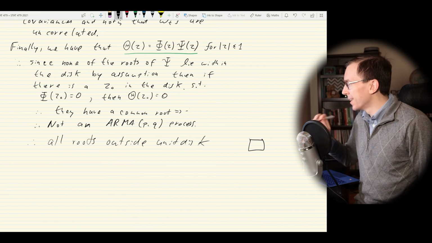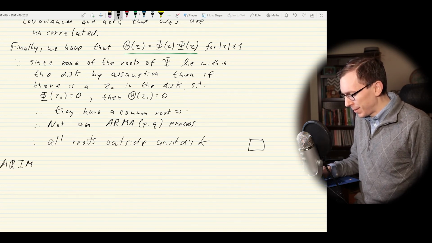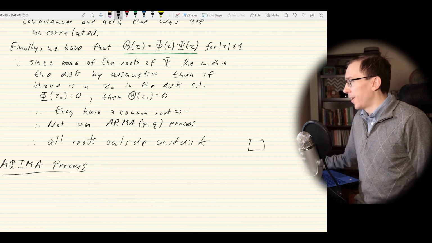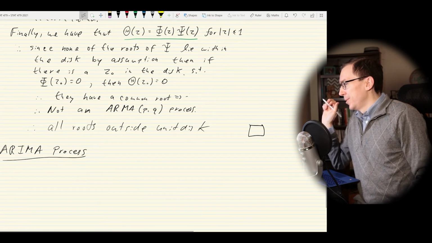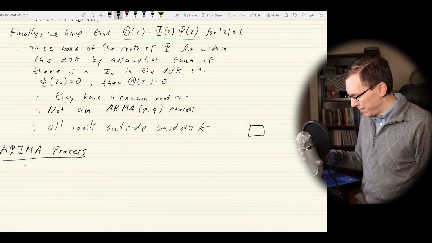Right, so before we end this lecture, we still have some time left. So let's talk about the ARIMA process. All right, so what is the ARIMA process? Well, the idea is that,